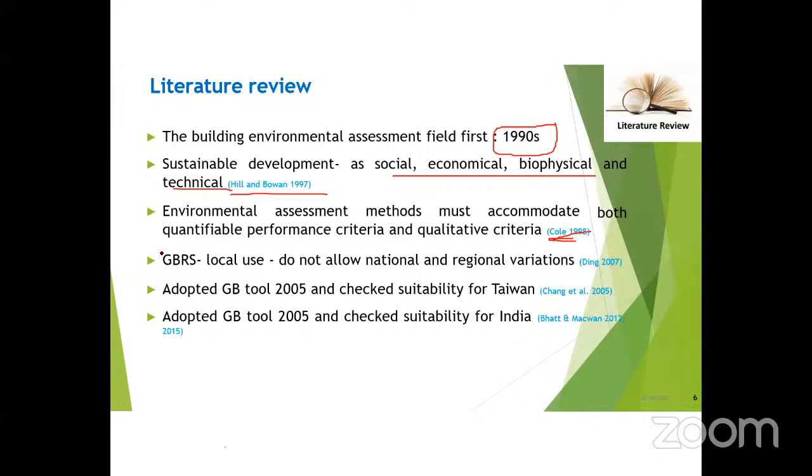Now the concept of green building rating systems comes into the picture, and Ding also did some research on the green building rating system in Finland. He said that the green building rating system does not allow for national and regional variation. Till then, the most governing rating systems were BREEAM and LEED. I told you, LEED is from the USA and BREEAM is from the United Kingdom, and they do not allow for national and regional